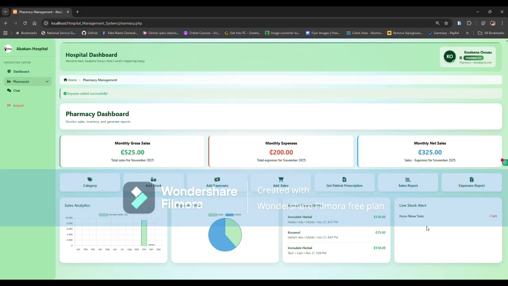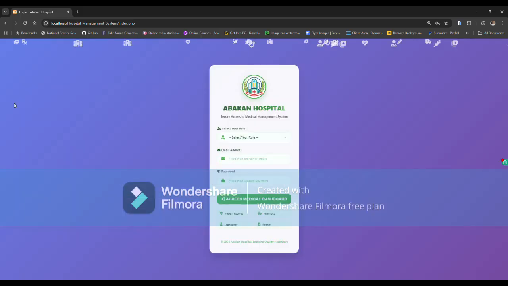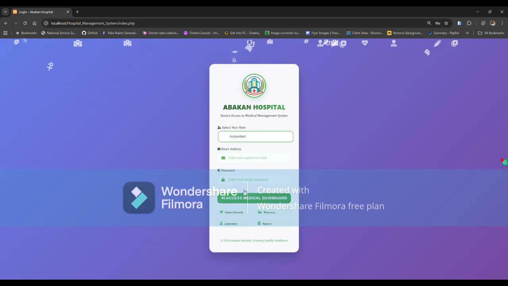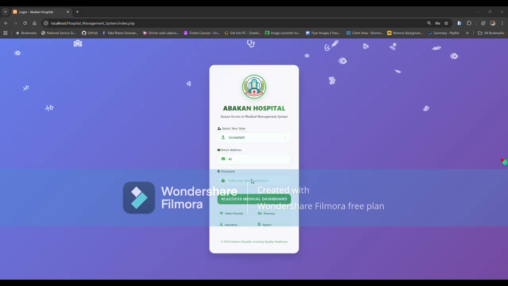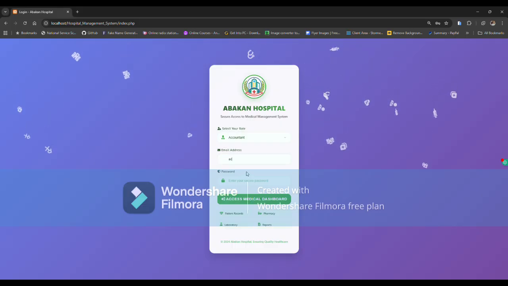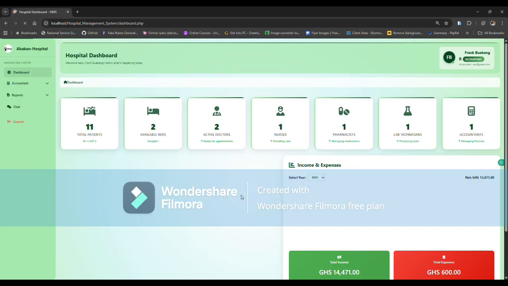So now let's move on to the accountant, because we have an inpatient in the system whom we are going to discharge. So let's log out and then log in as an accountant. Okay, accountant. Okay, so this is the